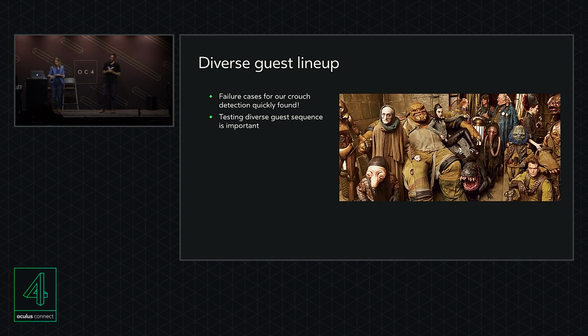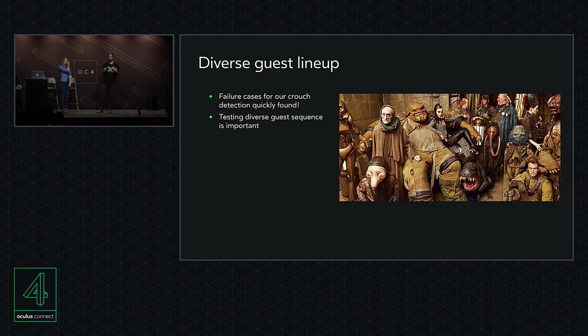Yeah, so in particular, we discovered that all the flaws in our height detection code were quickly exposed by this diverse group. So we had, in particular, a situation where a tall individual would go through and play the experience, and then a shorter person would go through, and that would create side effects for that person. And so we ended up having to do hard restarts, which broke up the flow of the booth.